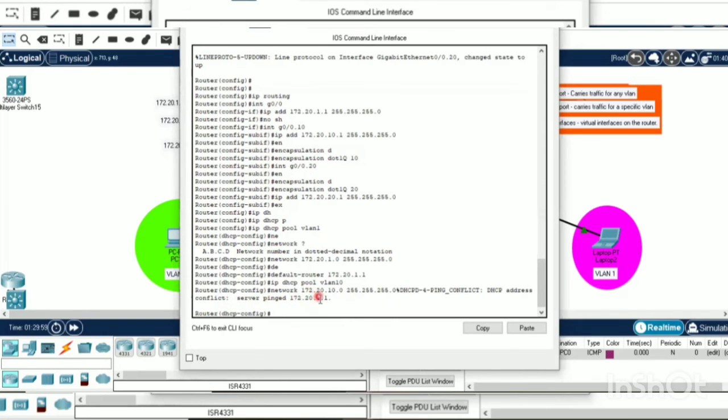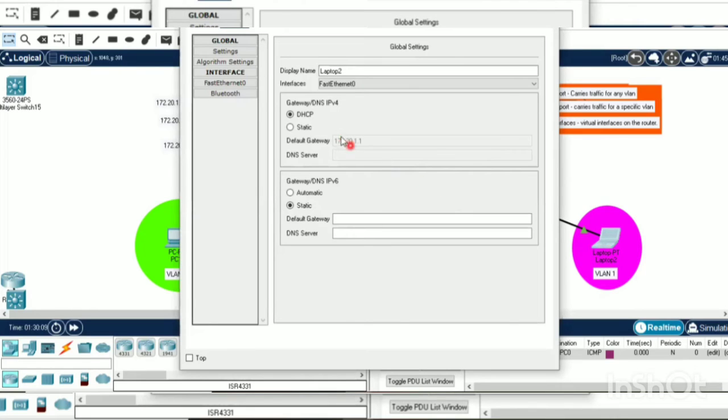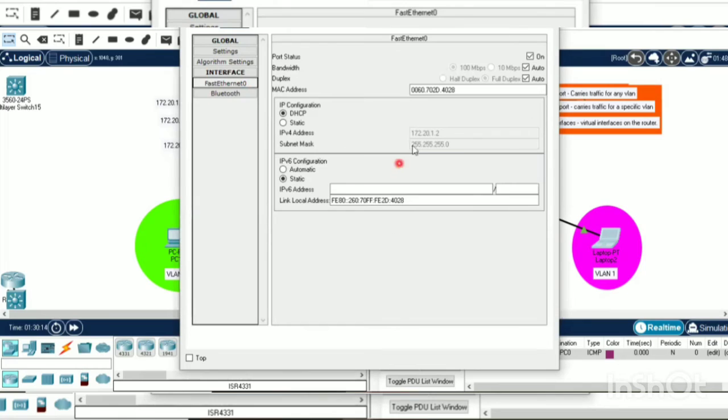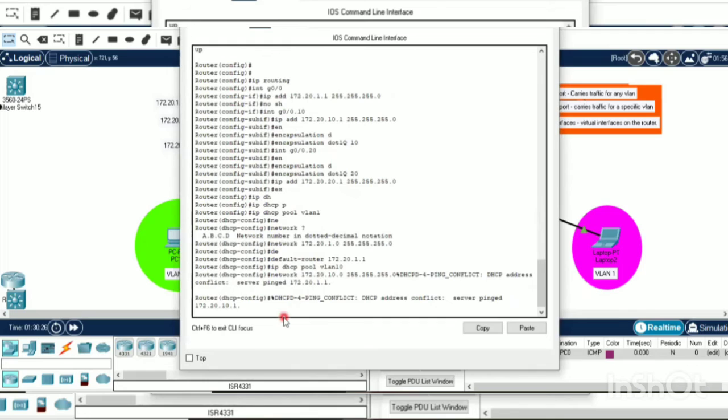So somebody has taken an IP address, 172.20.1.1 is pinged. Now let's see. Here we have got the default gateway and we have got an IP address here. As you can see, here 172.20.1.2. So we got an IP address from the DHCP server.